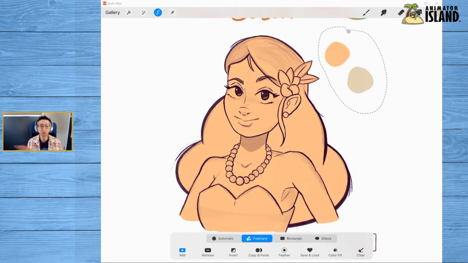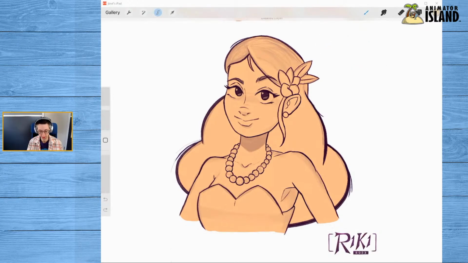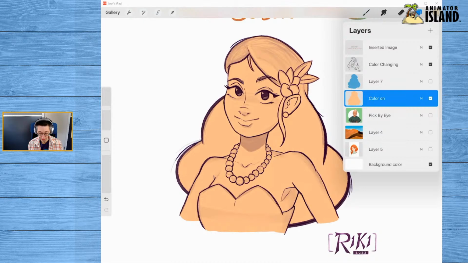So hopefully you can see there the difference between the color I would have chosen. It's much more timid. It's just duller than the color I picked because I was trying something different and I was just exploring. So, all right, if we say that's good, I like that as a skin tone. Now we have a couple different options here. So we're going to do what I normally would do here.